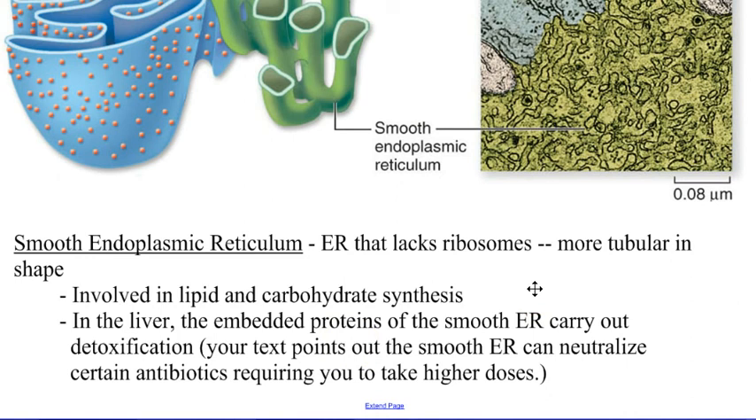And it says here in the liver, the embedded proteins of the smooth ER carry out detoxification. So in other words, if you ingest something that's toxic, like Brussels sprouts, then your liver can actually deal with